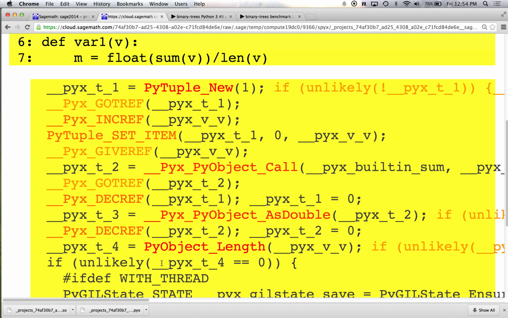There's something called the Python C API, and you can view Python itself, the Python interpreter, as simply being a big C program with a bunch of functions it makes available at the C level, such as PyObject length. Given a Python object, it'll give you the length of that Python object. PyObject is double converts a Python object to a double, etc. PyTuple setItem sets an element of a tuple, but all these are calls into the Python C library. And so what Cython does is it turns that one line, line 7, into a whole bunch of code.